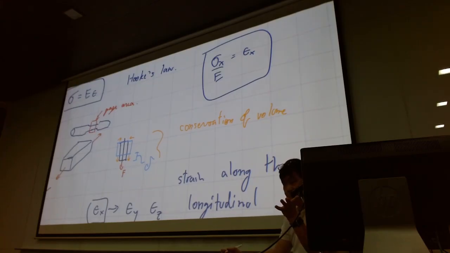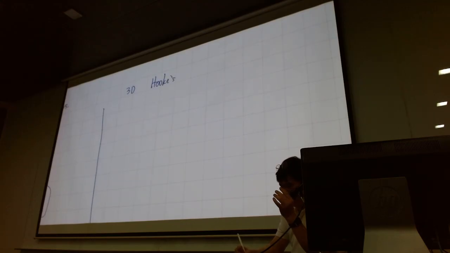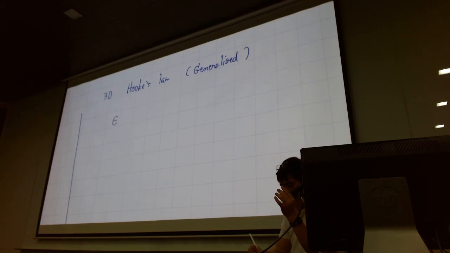But in real life, you may have stress in multiple axes. You may have stress in the x, you may have stress in the y, you may have stress in the z. So that's why we actually have what we call a generalized Hooke's law in 3D. So 3D Hooke's law, or generalized Hooke's law, means that if you have the strain in the x,